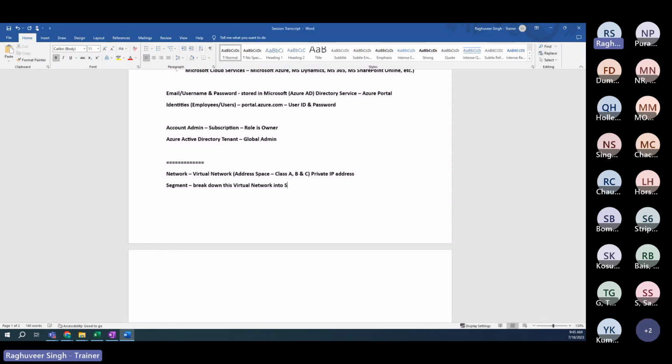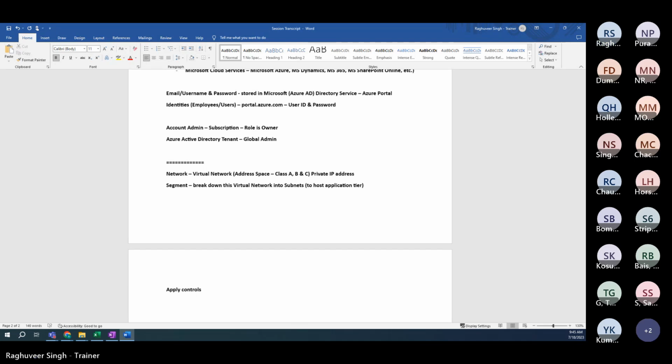In Azure language, we call them subnets. And we create these subnets to host application tiers or to host a specific set of applications in the subnets. And why do we use subnets? So that we can apply